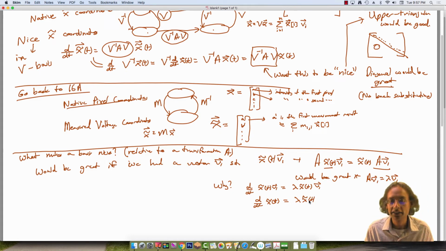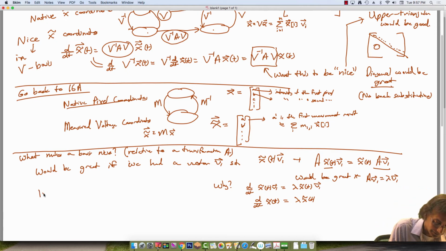So if I can find vectors v1 such that the matrix acts on those vectors as though they were simply a scalar multiplication, then it would be great. But we have seen this kind of thing before. In 16A,